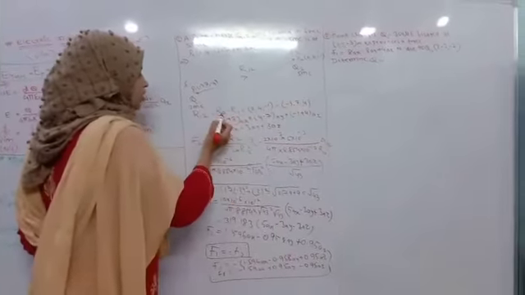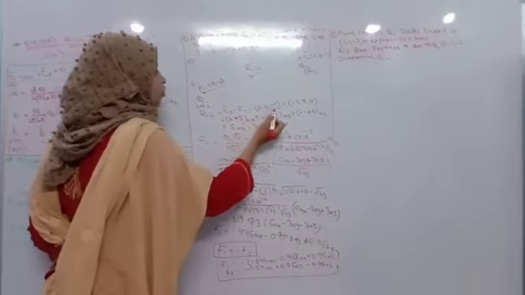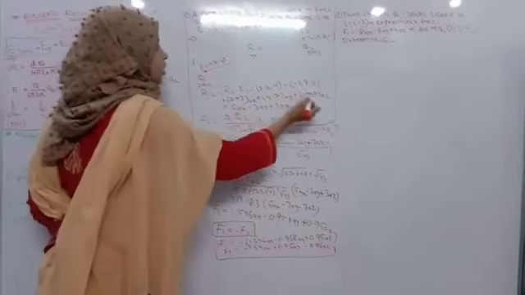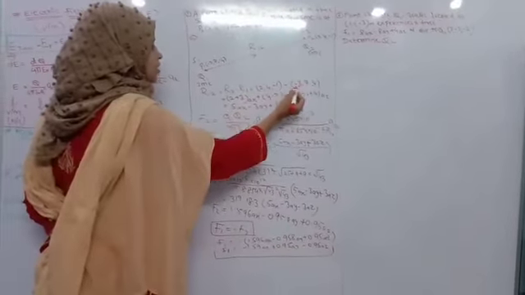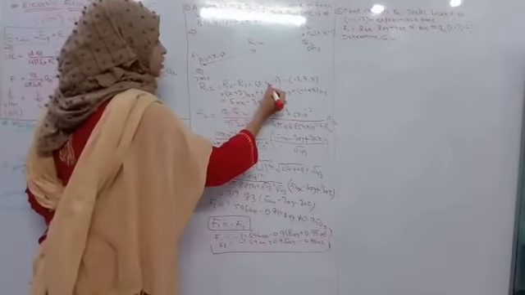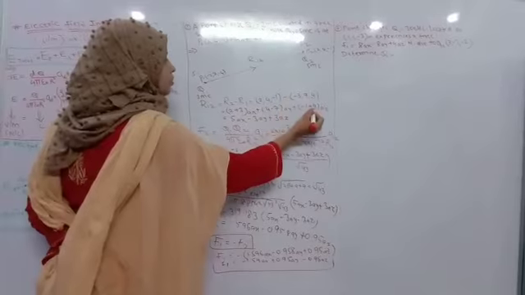So here, what are my two points? Point 2 is 2, 4, minus 1, so here it will be 2, 4, minus 1. What is the first point? Minus 3, 7, minus 4. So here it becomes 2 plus 3 a_x plus 4 minus 7 a_y plus minus 1 plus 4 a_z.